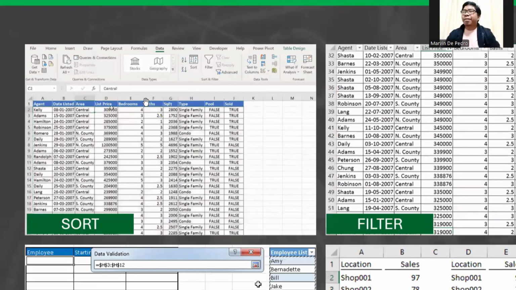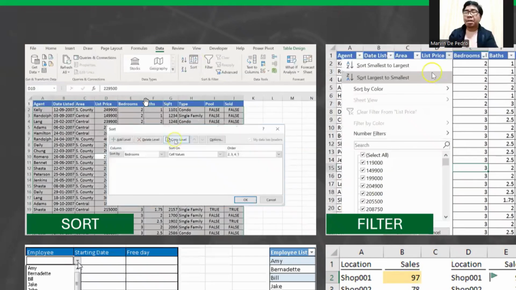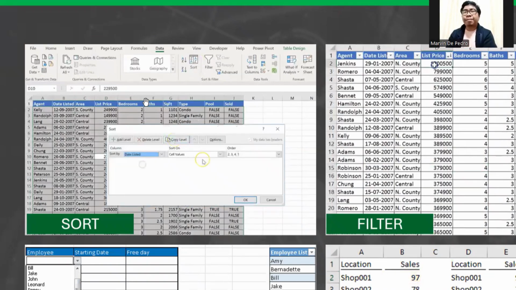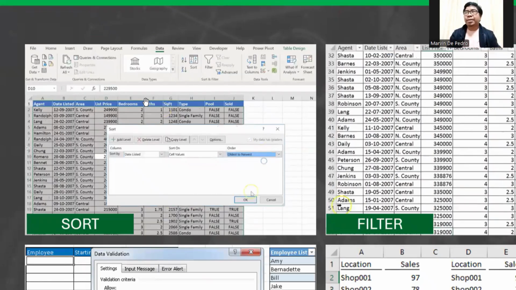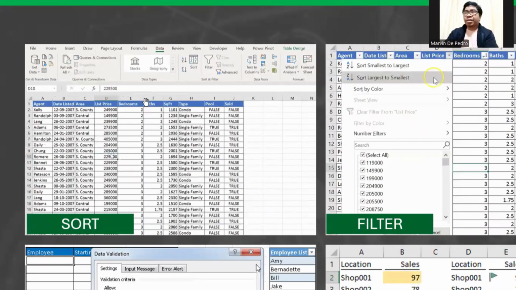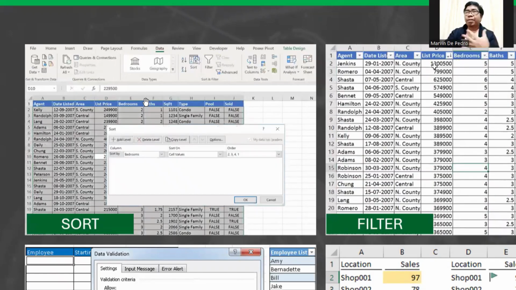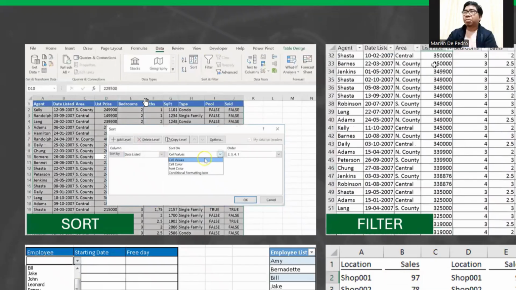Once we have the data, especially if we have a complex data set like this, it's very important to know how to sort your data. Excel has several ways to do this, and one of which is the one being shown here.